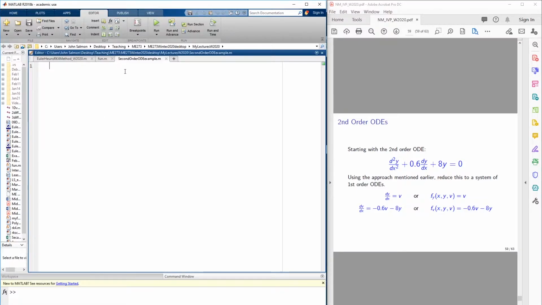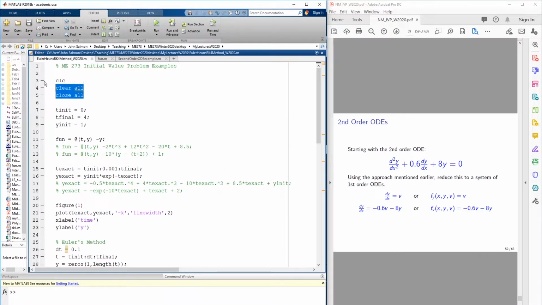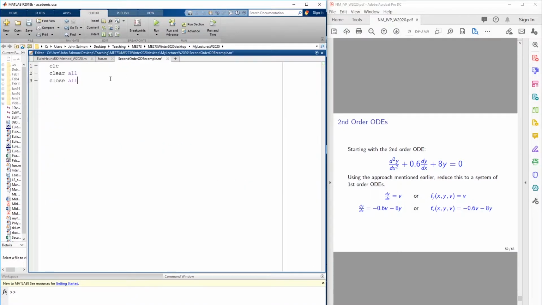All right, so I've got my new second order ODE example script right here. It's all empty, so I need to go off and get some stuff from the other example. Okay, so I've got CLC. This is second order ODE examples. All right, I clear my command window, I clear all my variables, I close all my figures, and now I